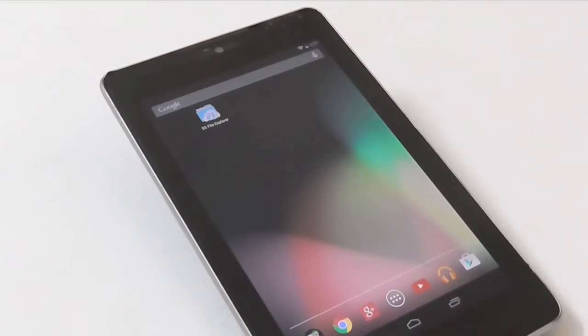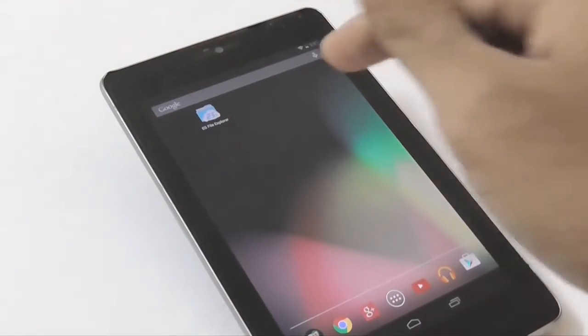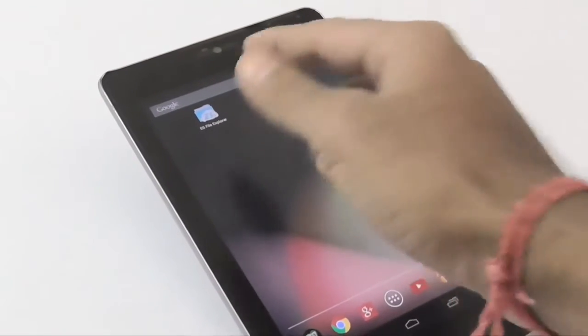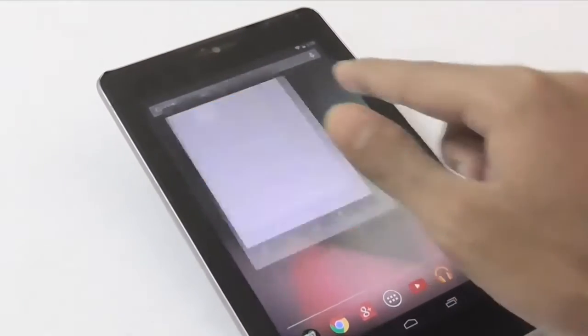The first awesome thing that you can do with ES File Explorer is access your PC from your Android. You might already know that one can share files between two computers connected under the same Wi-Fi network, but you will be glad to know that you can also share files between your PC and your Android using ES File Explorer. So let's take a look at how to do that.